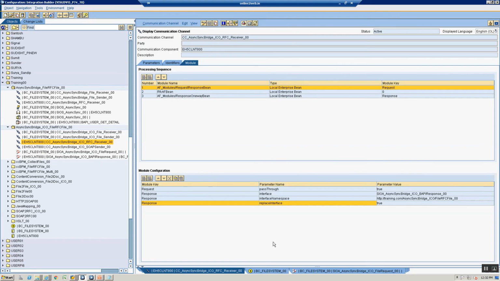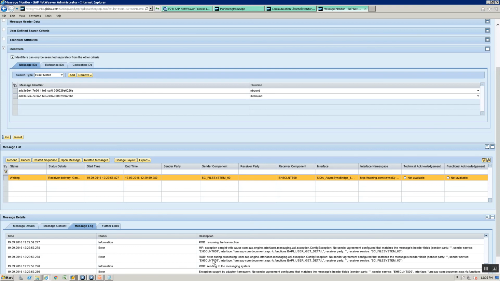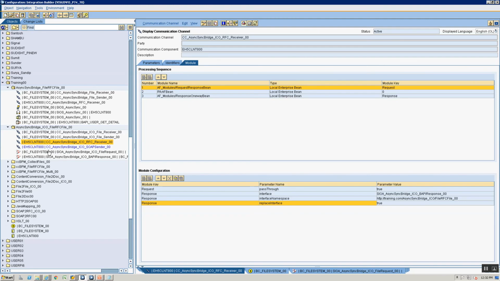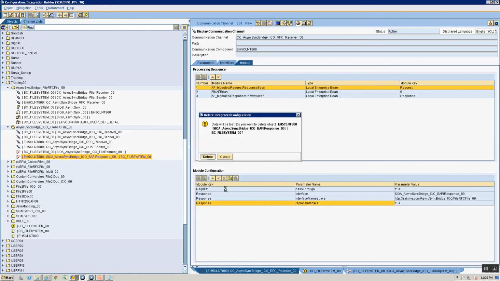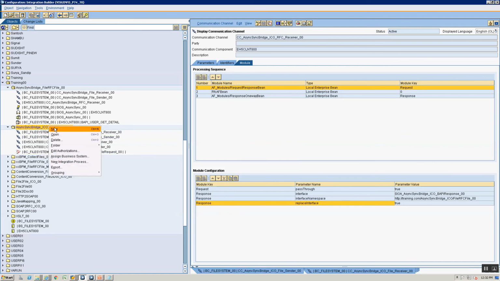Okay, I'm back. There seems to be a bug with this module parameter in the current version that we are on. So the other alternative is, rather than using these parameters, if you look at the error that we are getting, it complains that, hey, I'm looking for a service interface, BAPI user get detail, and you are an IDoc, right? So let's go ahead and just tweak this a little. Let's delete this integrated configuration and delete. Okay, and I'm now going to create a new integrated configuration,